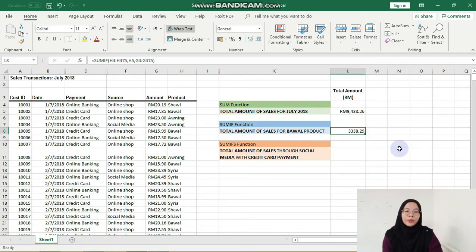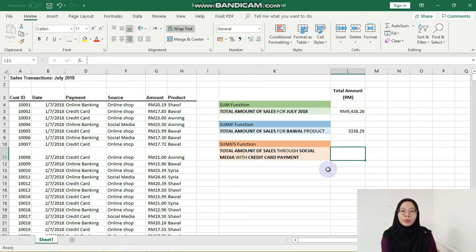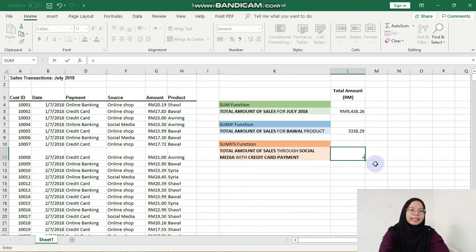Okay, now let us move on with SUMIFS function. Now we want to find the total amount of sales through social media with credit card payment. There are two criteria in this question, which are social media and also the credit card payment. Since there is more than one criteria, we have to use the SUMIFS function. So just insert the equal sign and then type SUMIFS, and then double click and then refer here. The first one, you have to insert the sum range, which refers to the total amount of sales. So just select all the amount of sales, Ctrl Shift, down arrow,